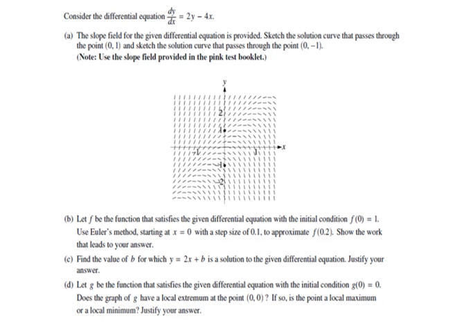In this video, we come to the second in our examples of free response questions involving Euler's method. Now this one also involves slope fields. So we consider the differential equation dy/dx equals 2y minus 4x. First, the slope field for the given differential equation is provided. Sketch the solution curve that passes through the point (0, 1), and sketch the solution curve that passes through the